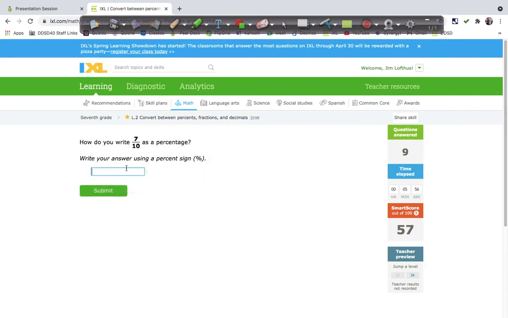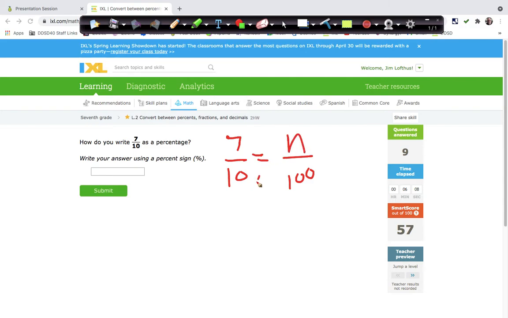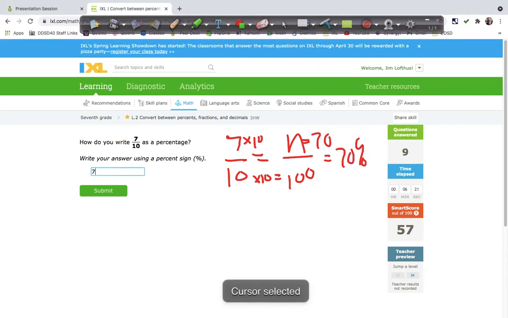All right, so this is a good one to explain. 7/10 as a percent. 7/10 equals what over 100? So we can put a variable there. 10 times 10 is equal to 100. So 7 times 10 is equal to 70, and that's 70%. The percent,